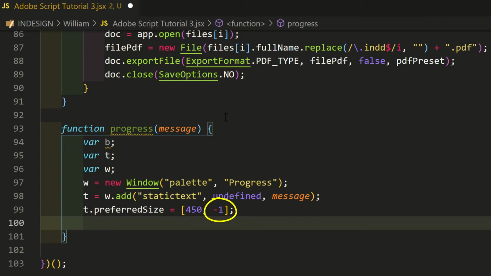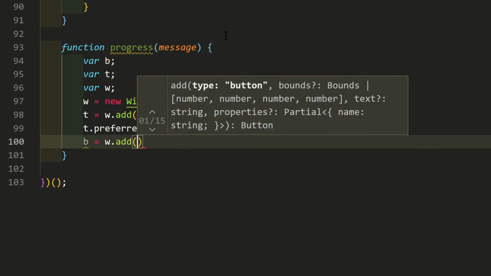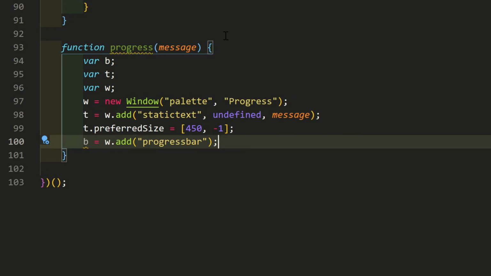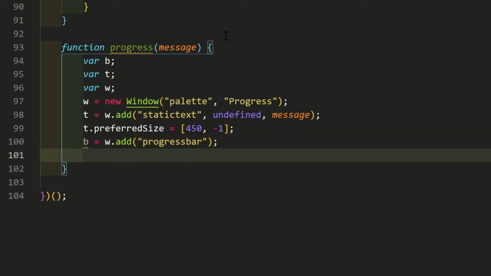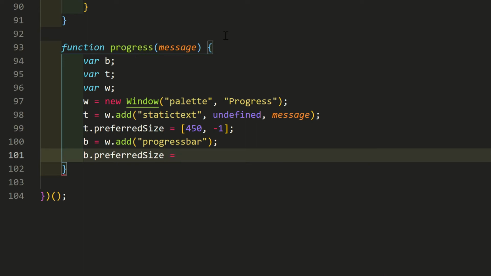Minus 1 means ignore, because I'm only setting the width. Then add a progress bar control. b = w.add("progressbar"). And size the bar to match the message width. b.preferredSize = [450, -1].